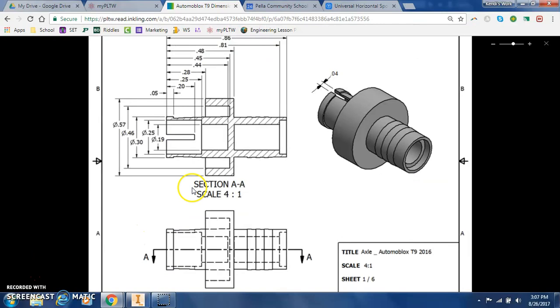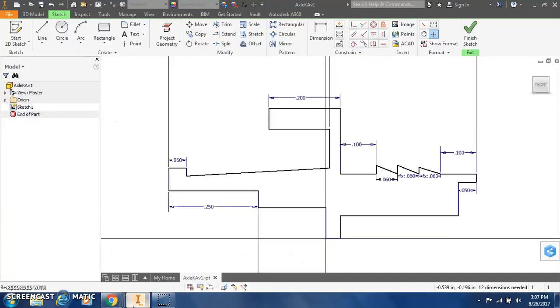So back in the part drawing, what we're looking at as far as vertical heights go is these are diameters. Like the 0.19 is going from the top half to the bottom half. But since we are only drawing half of the axle, we need to cut all of these diameters in half. We can do that with a calculator, or we can have Inventor do it for us. So when we go about doing dimensions here, let's go ahead and place this first